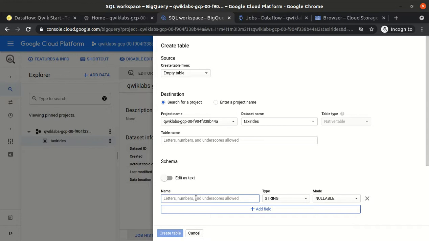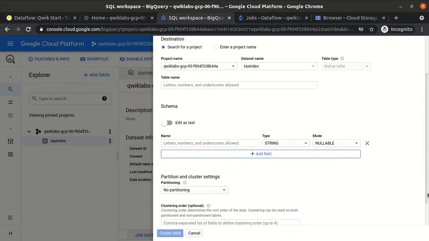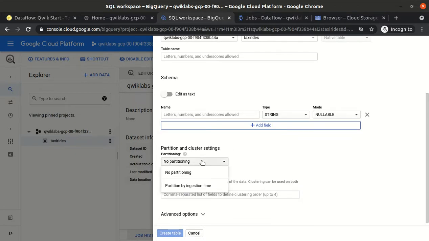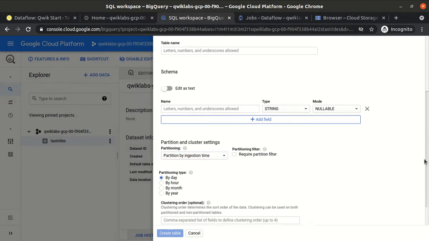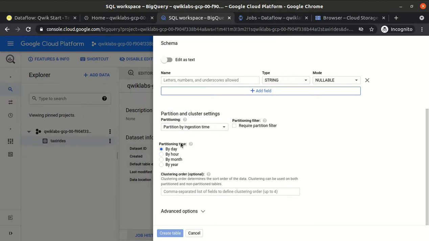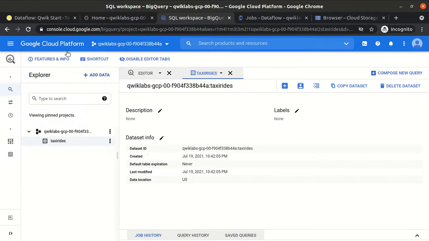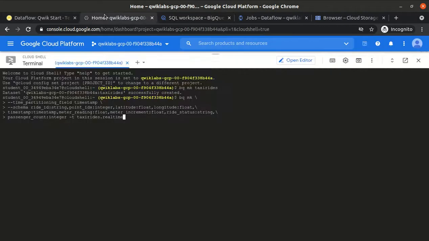We give our field names and the types of the fields, and we have the partition option as well, whether we want partitioning or not, such as partitioning by ingestion time. So we can create a partitioned table here as well, but we will do all these things using the command line.